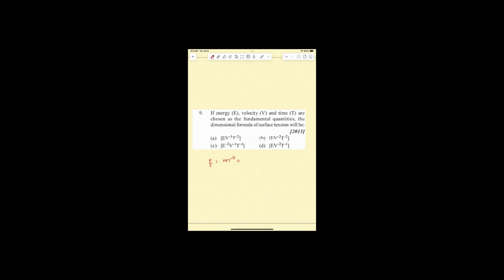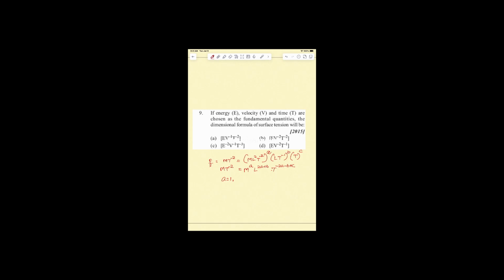Now energy, therefore what we'll have to do is write down the energy, which is M L squared T power minus 2, and then power you do not know, you want to solve it, let's call it A, and then velocity is L T power minus 1 power B, and then you have the time, which is nothing but T power C. Now you can expand it, because this is equal to M power A, we collect all these, L power 2A plus B, and then T power minus 2A minus B plus C is equal to M T power minus 2. Therefore now A should be equal to 1,